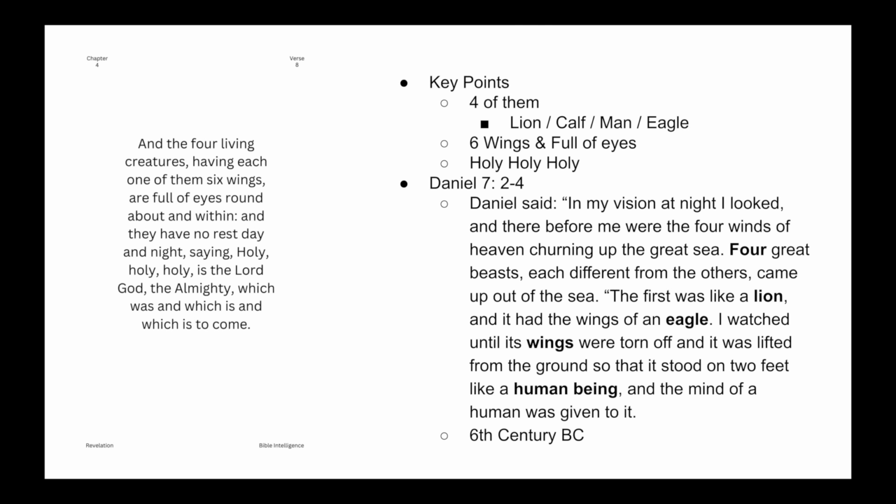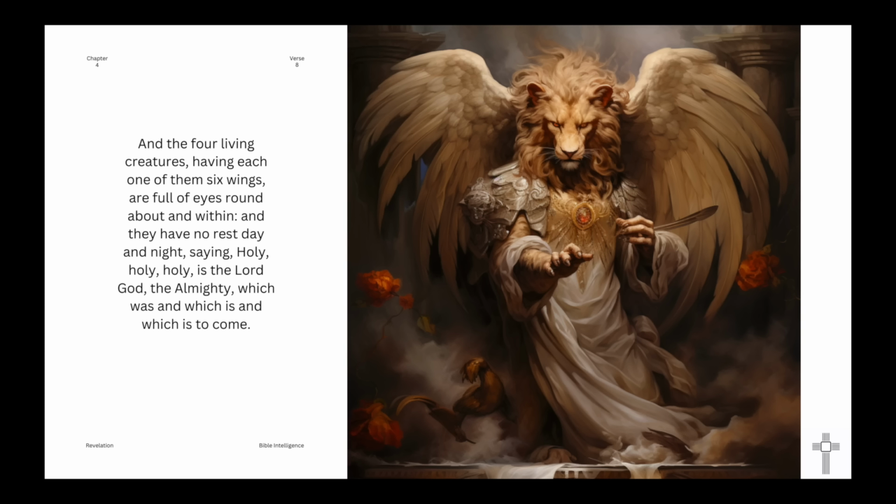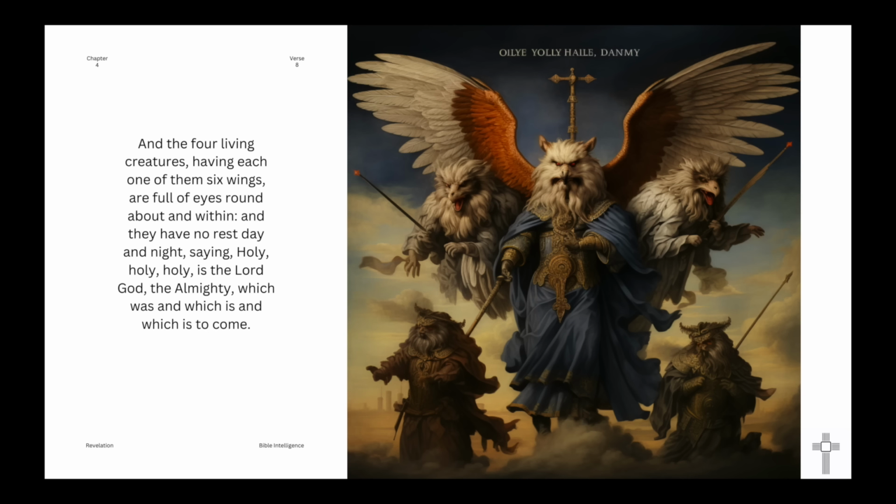I did put it through the image generation, and the AI does struggle to do the multiple eyes. It can't do that, and I think it's because it's been trained in such a way that it has to look like something in order for it to get past. So I think the AI refused to do the multiple eye thing, but this was one of the images that we got. It's kind of like a lion angel. I don't know, it looks pretty cool. And then this one was like, what's that, like a griffin type of thing. You can see the AI really struggled to do this imagery of 6 wings and having eyes everywhere and all that kind of stuff.